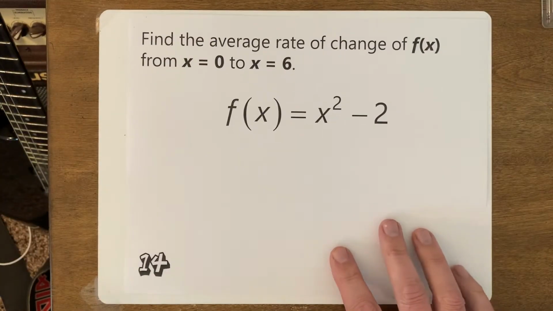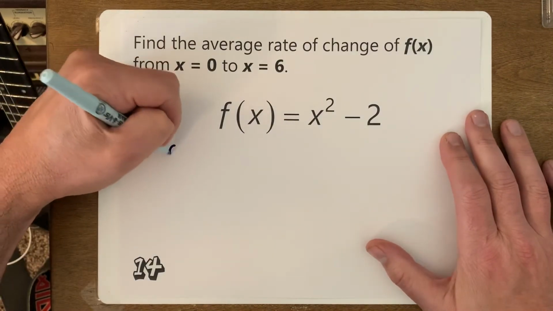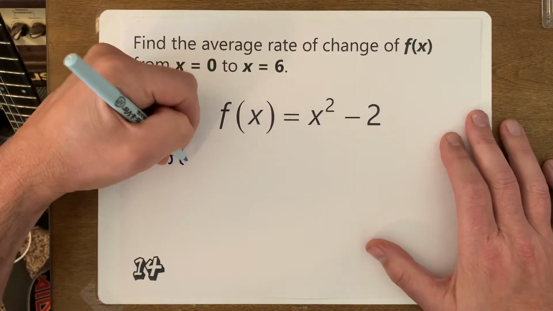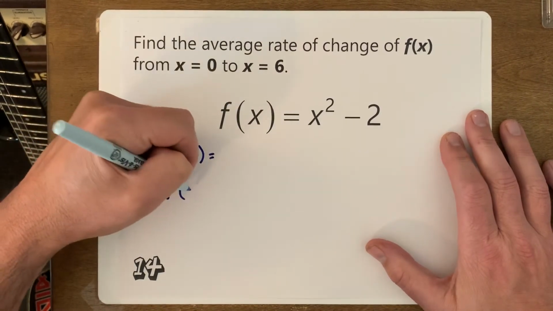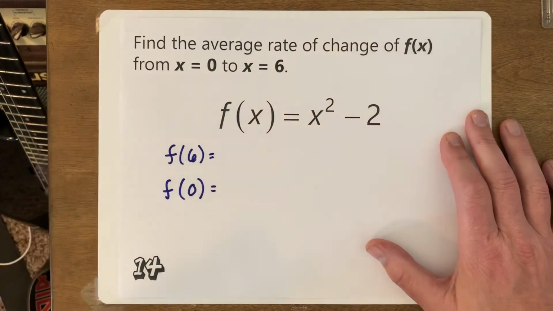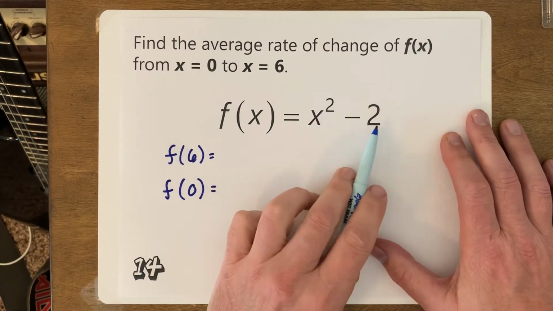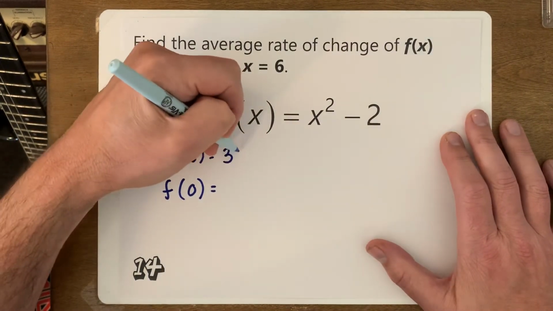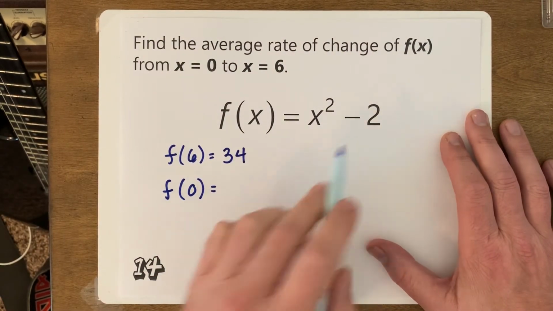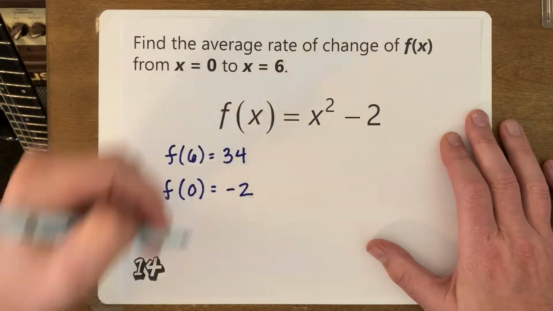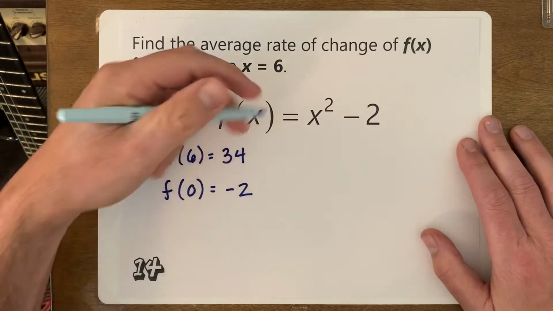All right, let's check out this quadratic here. So let's find out what f of 6 is, and let's find out what f of 0 is. All right, so let's do f of 6. 6 squared is 36. Take away 2 is 34. 0 squared is 0. Minus 2 is -2. All right, so using our formula, we're going to have 34 minus -2